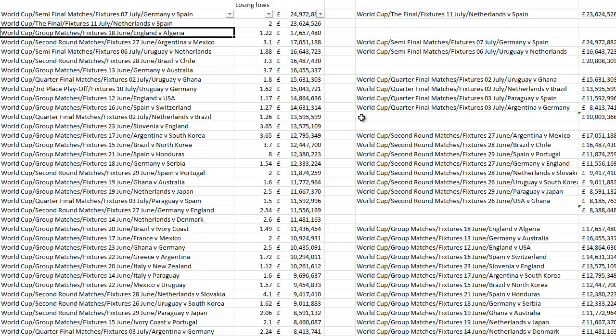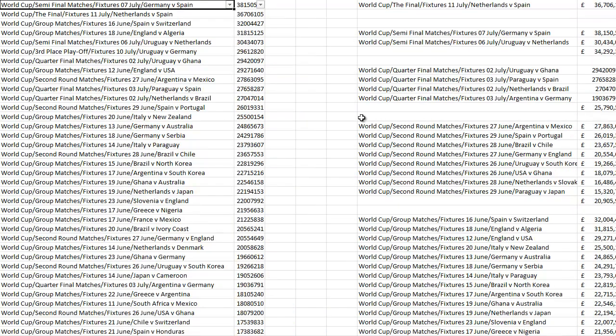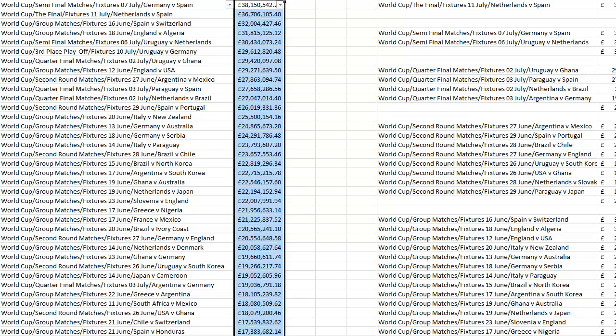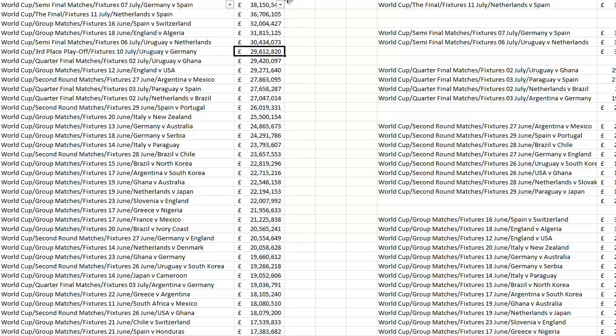What I've done on a separate sheet here is I've organised these so it's easier to see, so that you can understand how this came about. So if you look at total amount of money matched, you can see that the semi-final reached a total of 38 million thereabouts. Let's make this a little bit bigger so it's clearer to see. 38,150,500 and something. The filter's in the way there at the moment. If I remove the filter, we'll see that. But you can also see England appeared here, Uruguay appeared in here a few times, England, and so on and so on.